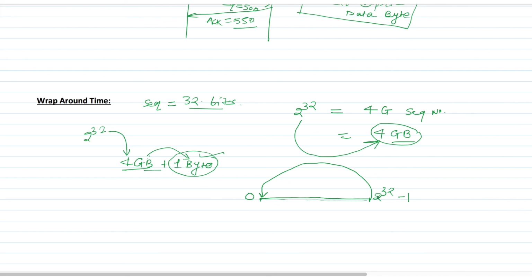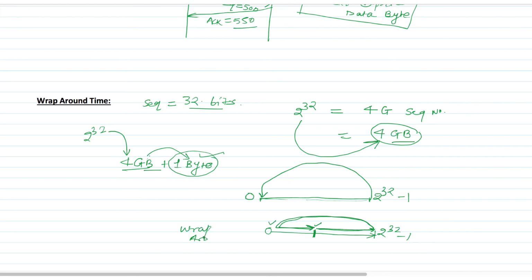Even if we start with a random initial sequence number in between 0 and 2 to the power 32 minus 1, first we consume all the sequence numbers up to 2 to the power 32 minus 1, then we come back to 0 and consume the remaining sequence numbers. After consuming all 2 to the power 32 sequence numbers, we again reuse the same sequence numbers. This is called wraparound.